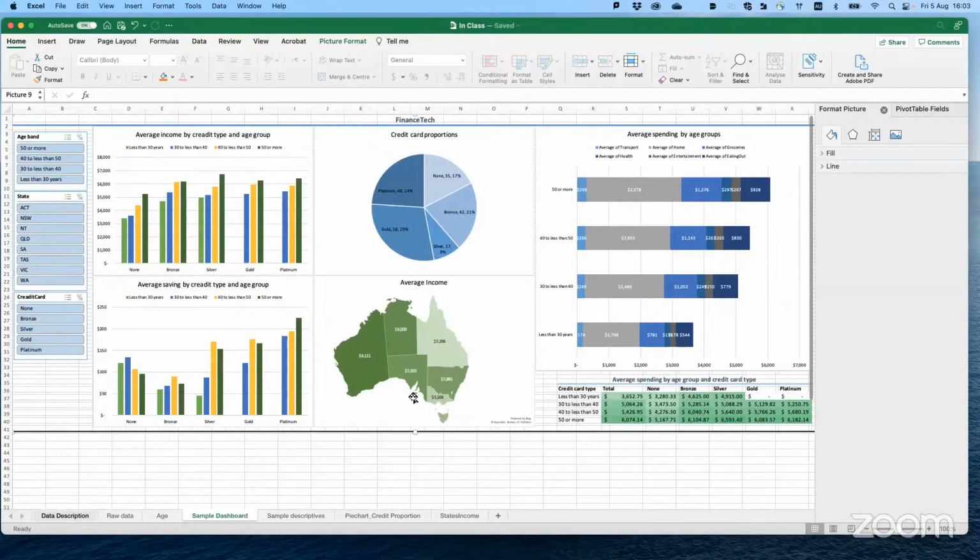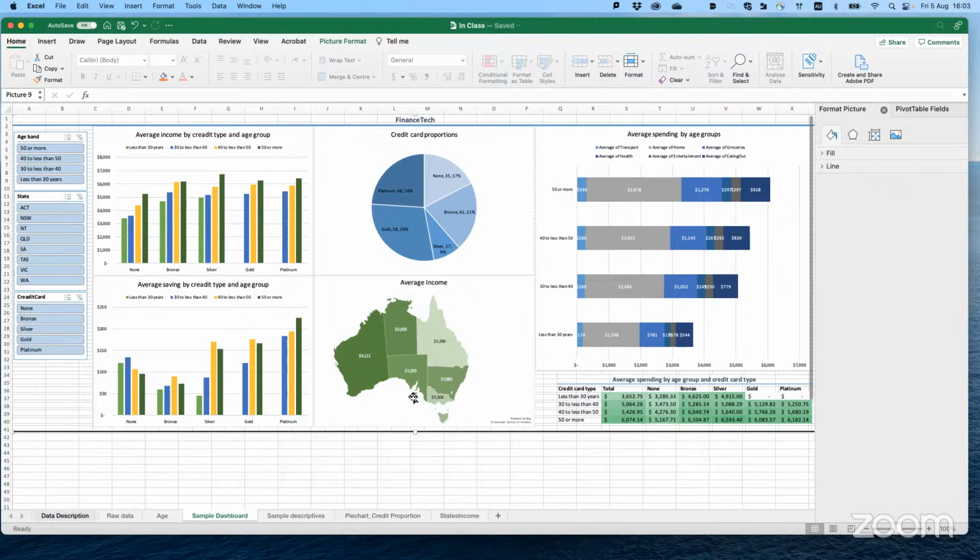So the whole purpose of these steps is you step by step create different elements, and we are going to add all of them to one sheet, then add the slicers. So far, no slicers.